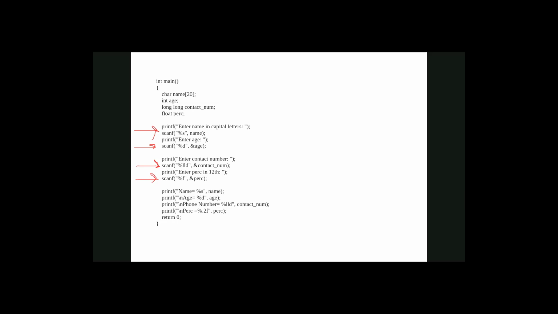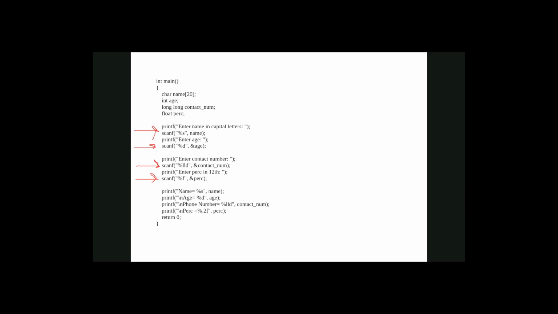And if something is not visible to you, click on the plus button. I think it is visible to everyone. So four scanf means four inputs.